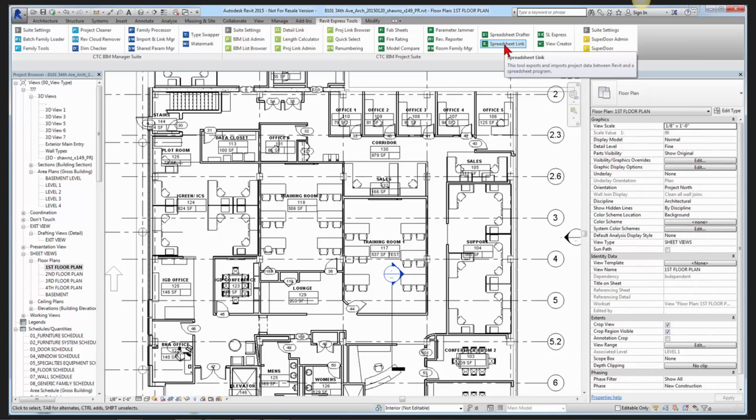And instead of letting them start with their template, what I would do is take Spreadsheet Link and export a file from your current project that already has all of the rooms listed and has all the fields in the same order for them. Then let them go nuts and edit it all day long. When they're all done editing, because it's going to look very similar, it won't be exactly the same, but it'll be very similar to what they're used to, then you can take that information and import it right back into